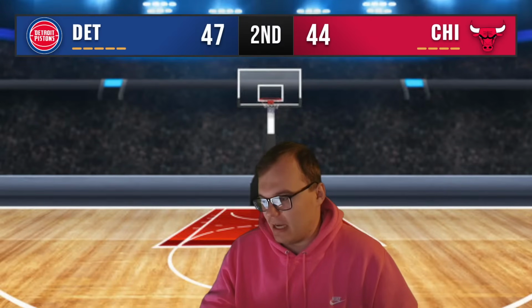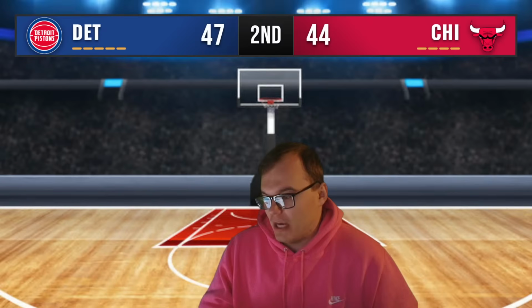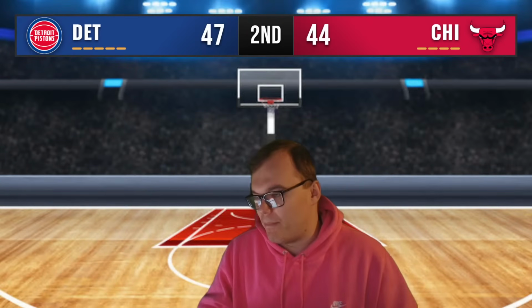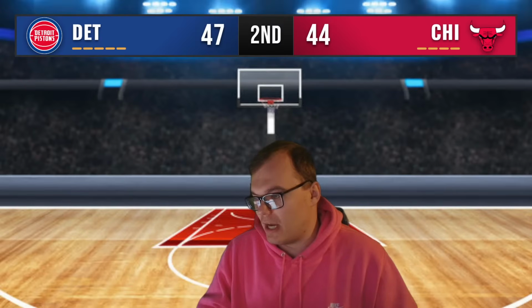Asar Thompson upside to Tobias Harris, working on the right wing against Josh Giddey. Finds Cade Cunningham in transition. Pulls up over Okoro, top of the key, off the mark. Bulls get the basketball back underneath. Josh Giddey in transition on the left wing. Cross-court pass to Jones. Jones working inside, floater is off the mark. Boarded by Chicago, pinballed around to Cade Cunningham, who comes up with the loose ball.